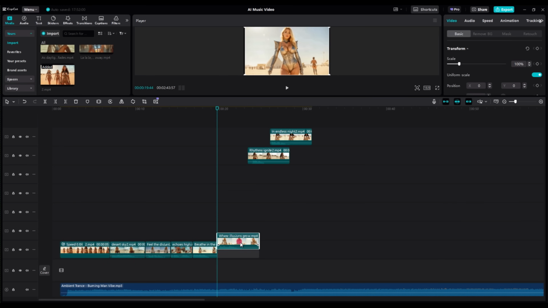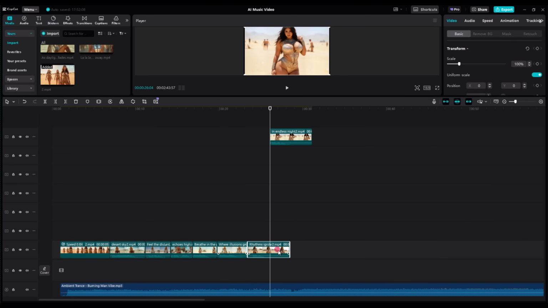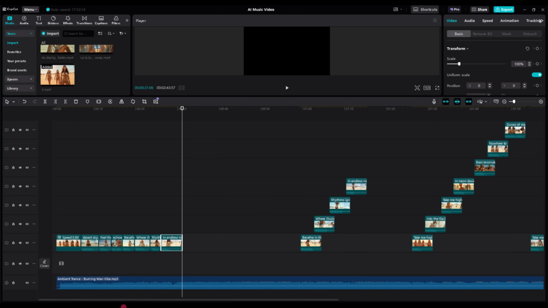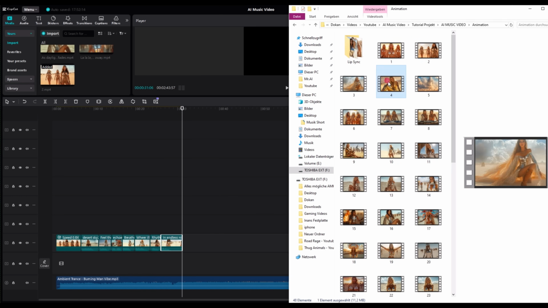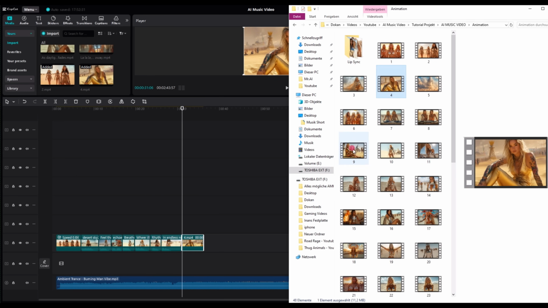Repeat this process for all remaining animations. Once all animations are adjusted, you'll notice larger gaps between the animations with lip syncing. Fill these gaps with animations that don't have lip syncing. Go back to the folder, add animations to CapCut, and drag them into the timeline one after another until the